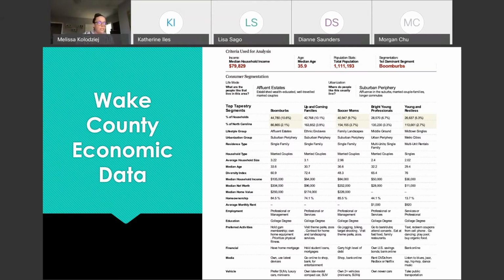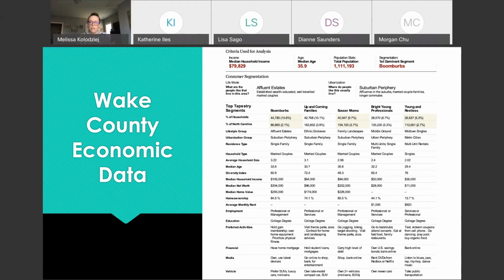So this is just a quick snapshot that I pulled of what I refer to as the economic area report. These reports are pages long, and this is just one page of it that I pulled for this presentation. As you can see, I did this solely based on Wake County, and it encompasses all of the zip codes that make up Wake County.